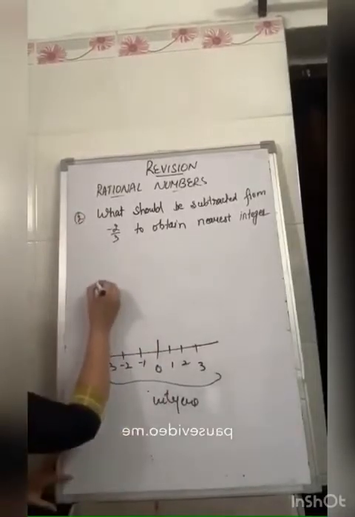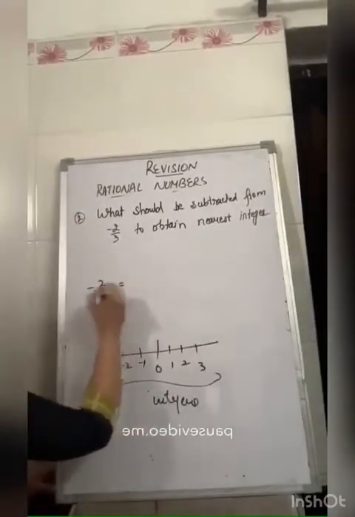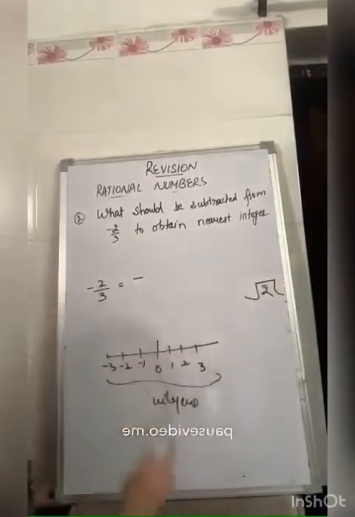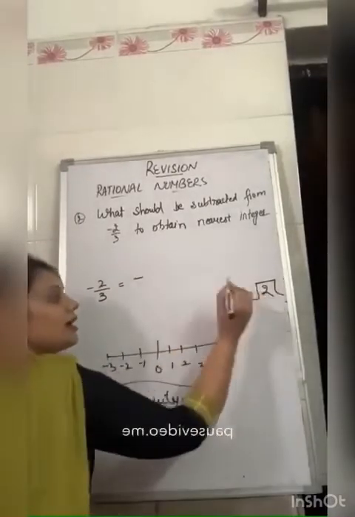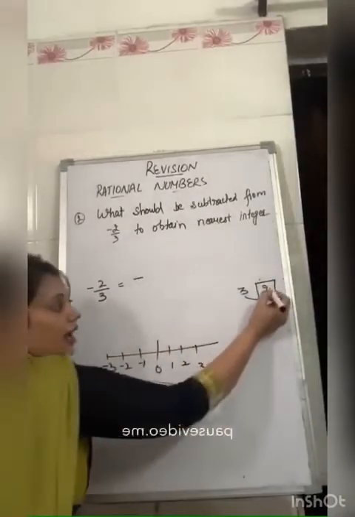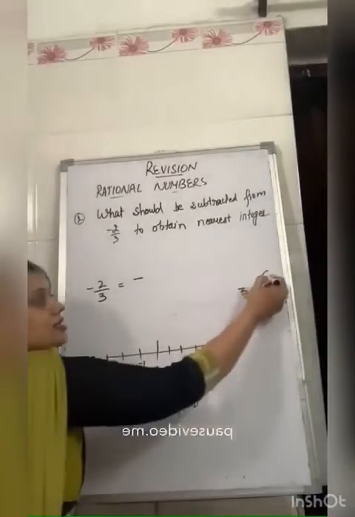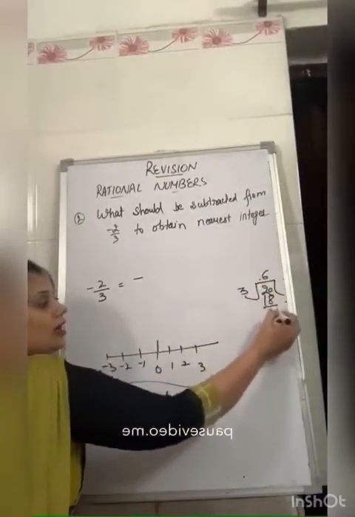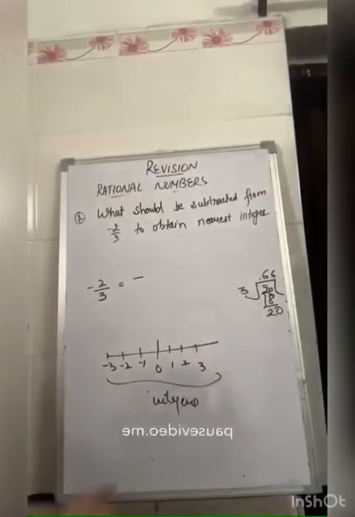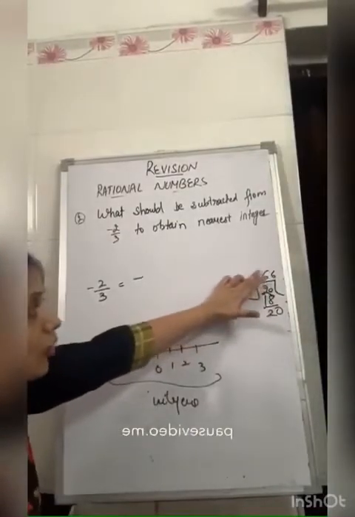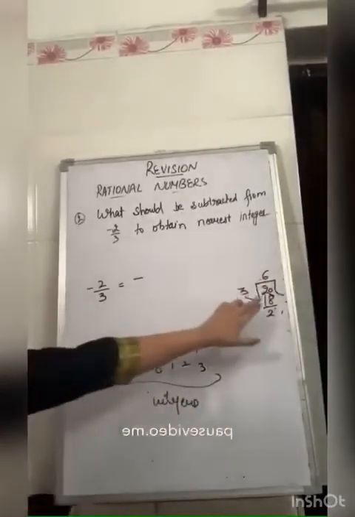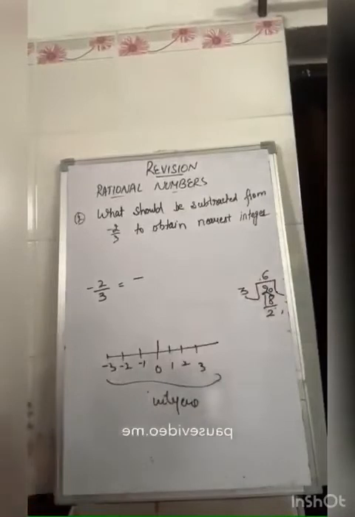So for that we will divide minus 2 by 3. Minus as it is. 2 is in the numerator, so 2 will come inside, divided by 3. 2 is smaller than 3, so we will write here a point and we will get here 0. Now 3 sixes are 18. Again, if we write 0, then it is 3.66. So 0.66 we can take as 0.7 also by rounding off, or you can take 0.6 alone. No need to solve it further. You just divide 2 by 3. We get 0.6.